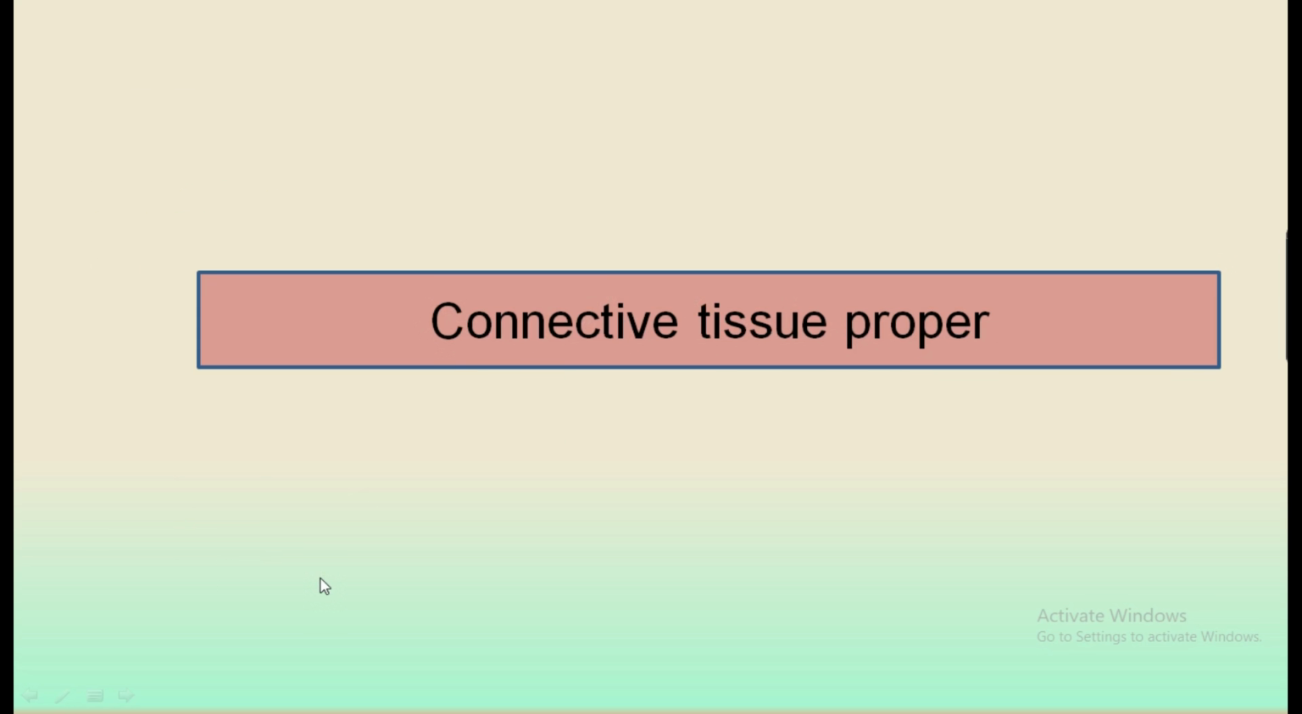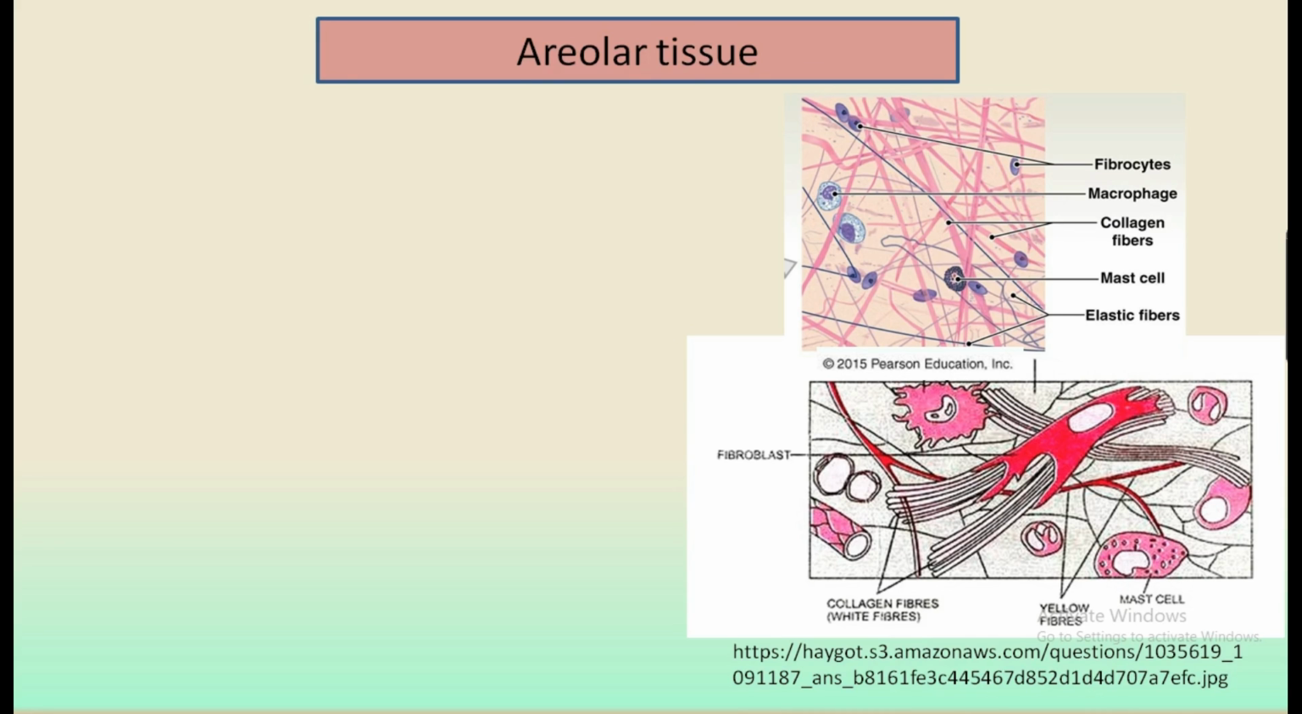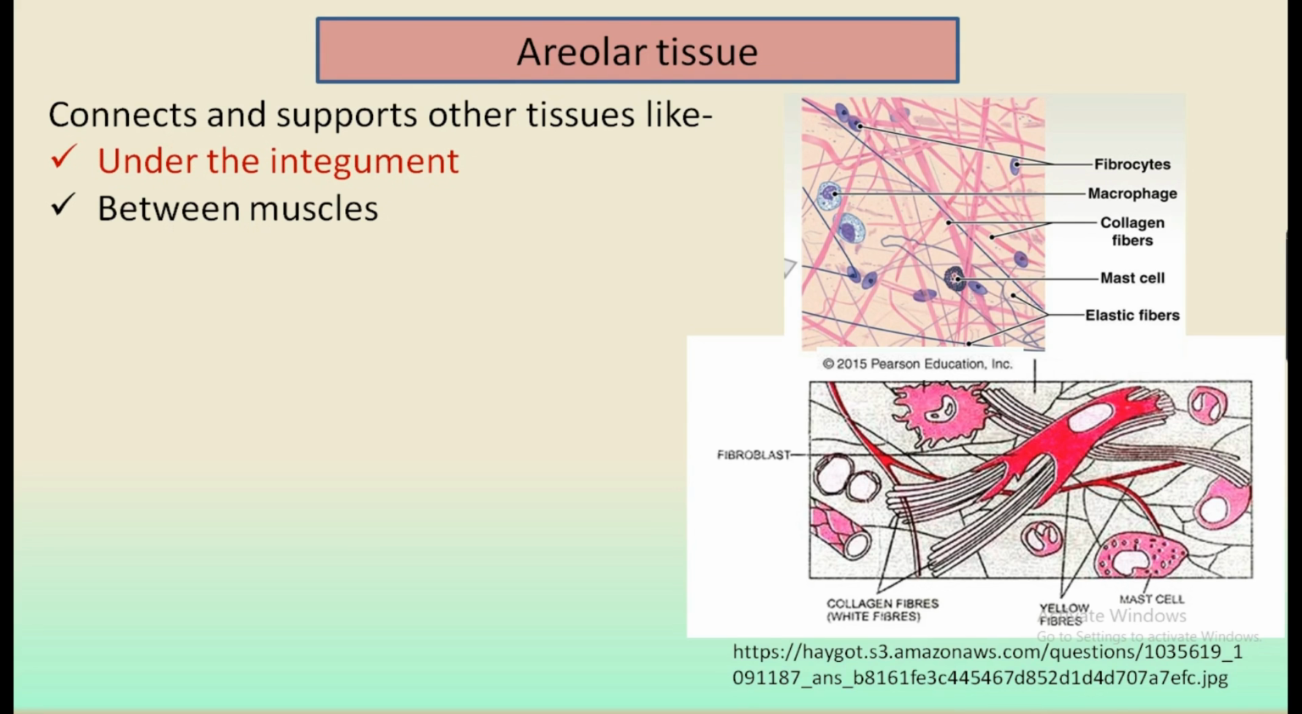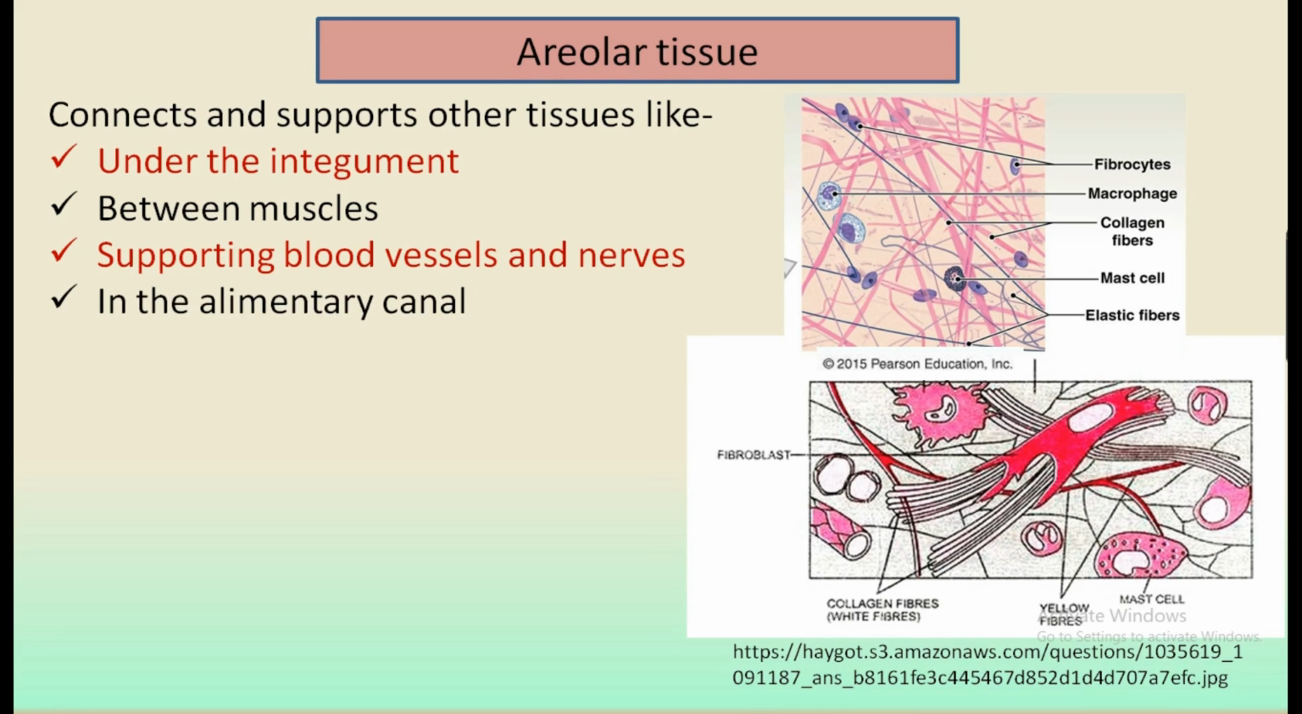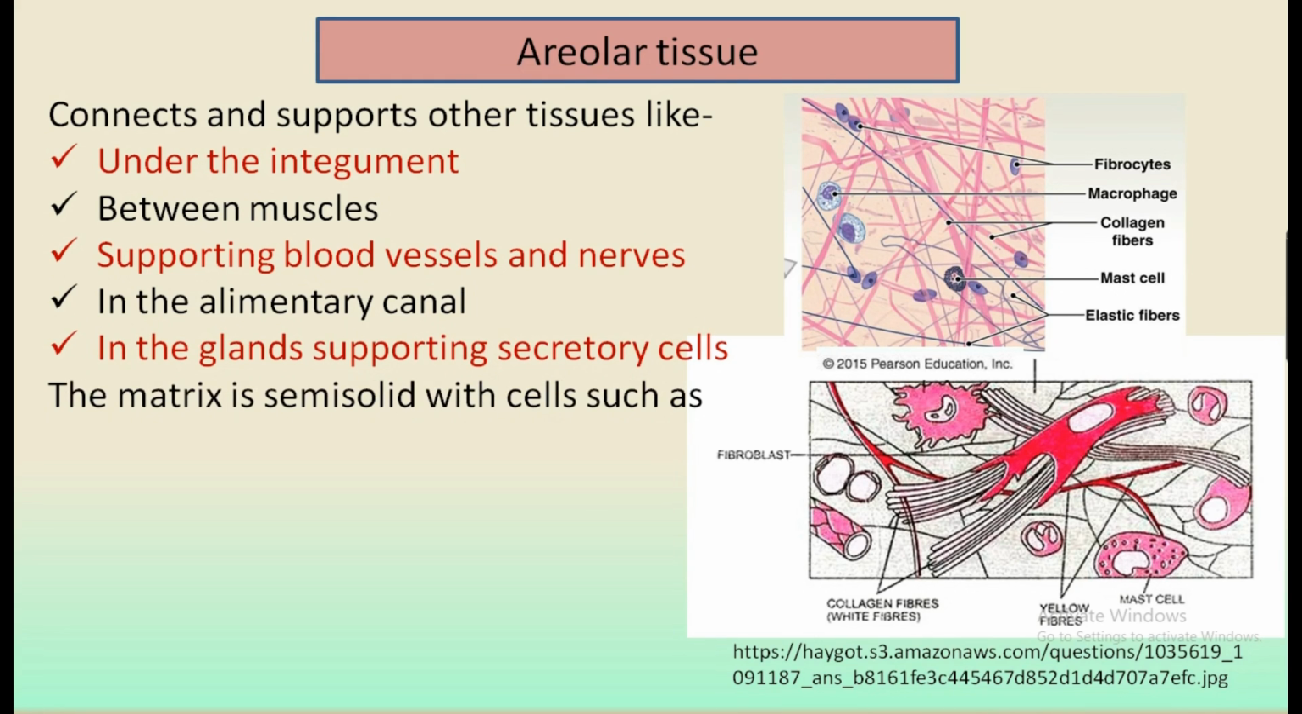The skeletal tissue is of two types, cartilage and bone, and vascular tissues are made up of blood and lymph. Let us discuss connective tissue proper in detail. So let us first see the areolar tissue that connects and supports other tissues like under the integument, between muscles, supporting blood vessels and nerves, in the alimentary canal, in the glands supporting secretory cells, and the matrix that is